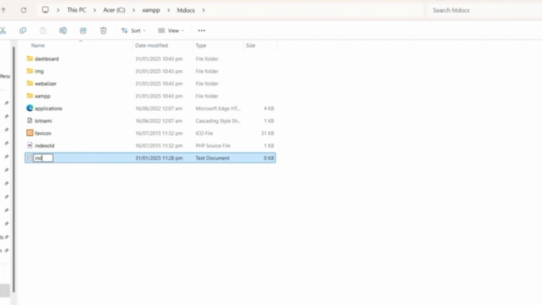I create a new file named index.php under the htdocs folder.